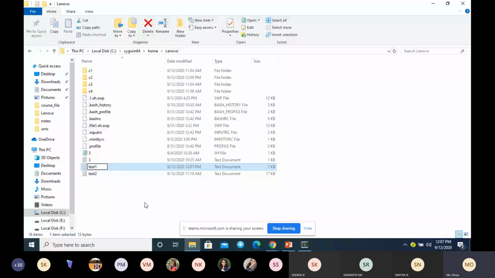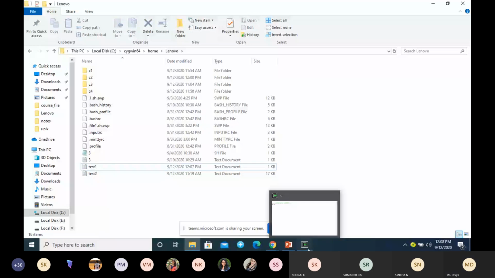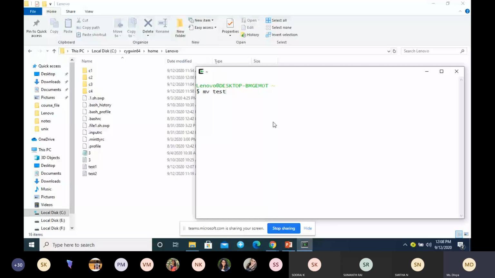So what I do is I rename test1 to the new file name. I will give it as 11.txt. I will rename this test1 to 11.txt. Here, the file name got changed to 11.txt.